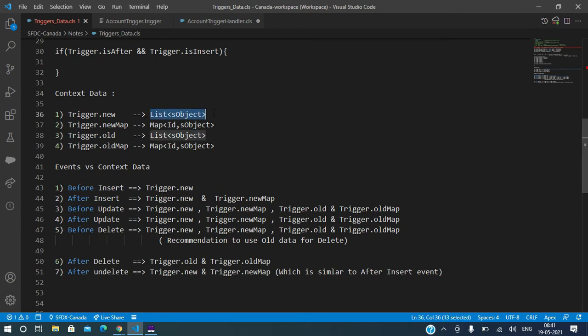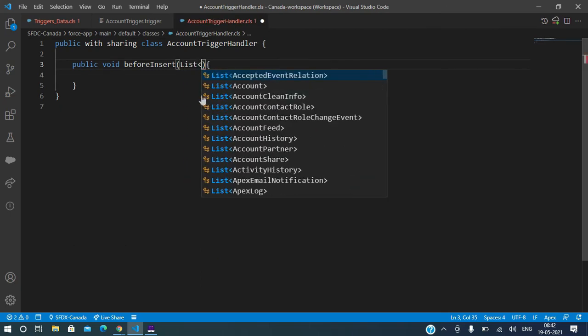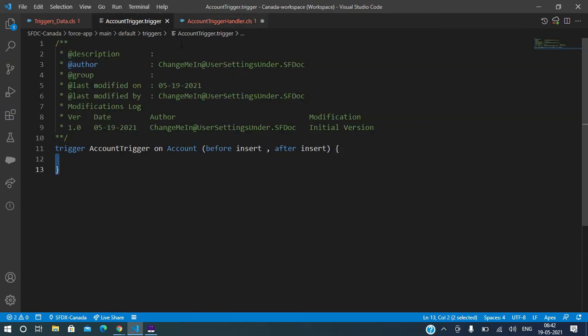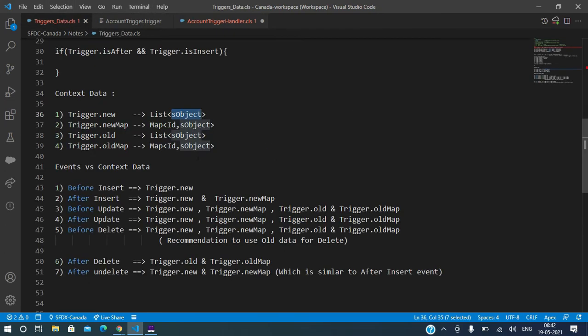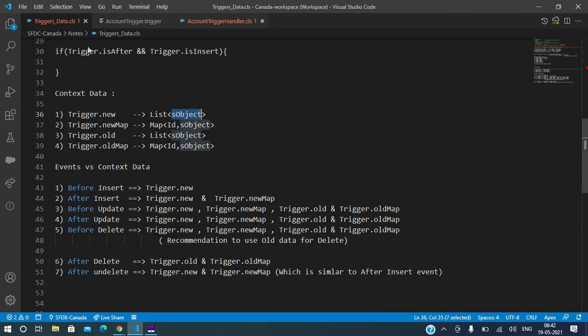It's a list of SObject. Which SObject are we using here? Account, right? Yes, we are using Account. Whatever object you write after on, that will be your SObject, and you have to replace all this context data with that object. Clear? Any question?